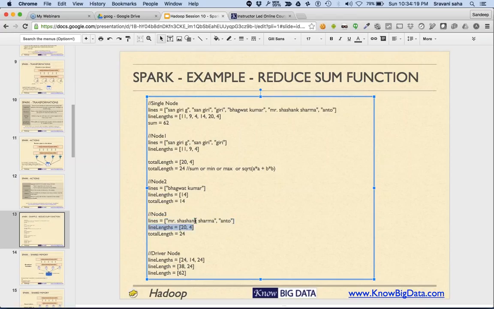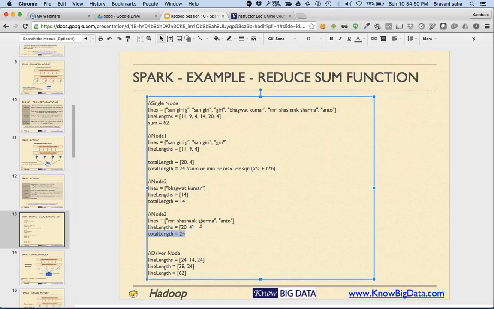Now the game of summation, the reduce function, which will sum up these values, will start on all the nodes in parallel. On node 1, it first computes the summation of 11 and 9. There we get 20 and then 24. Node 2 doesn't have to do anything, and on node 3 the computation will happen, and similarly we got 24.